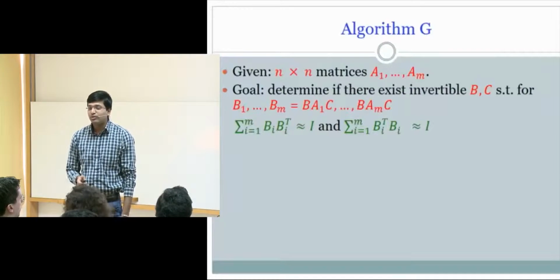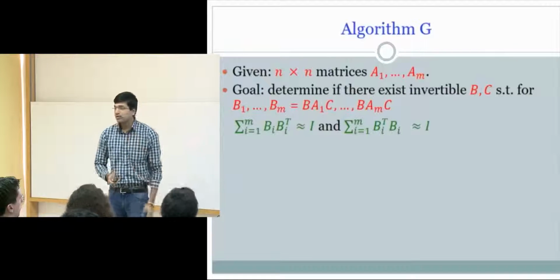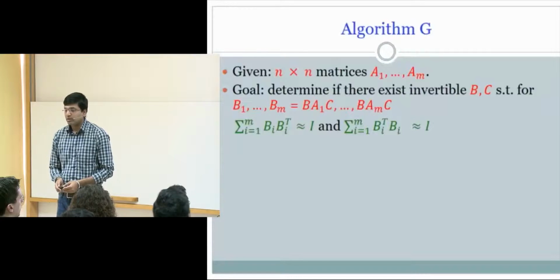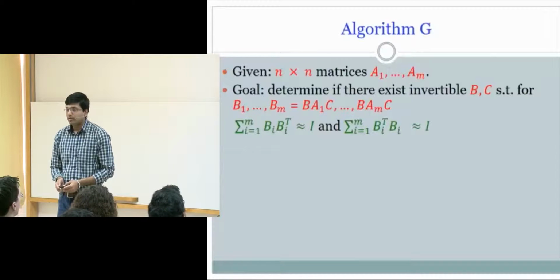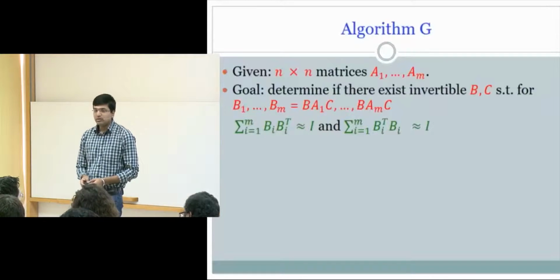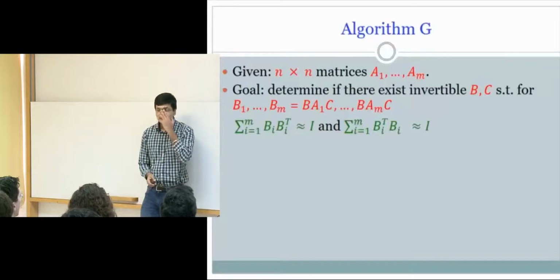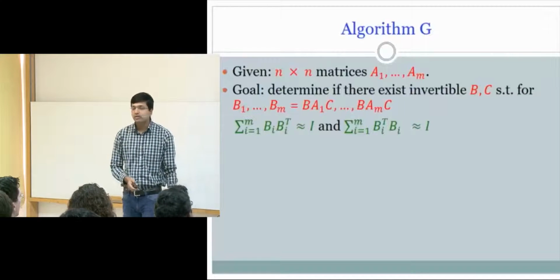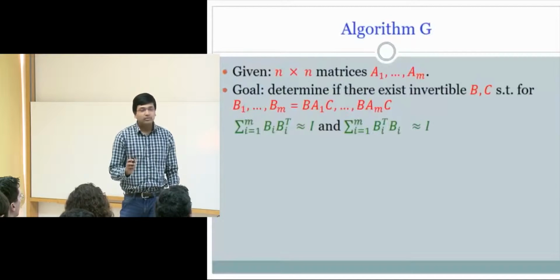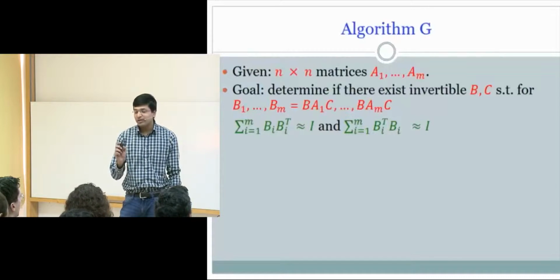Yes, we don't know the bit length. But maybe, if you want them to be small, you probably can just always assume that B and C are very small. You only want the distance to be small. You don't have a rigid kind of property. Yeah, maybe you can assume by truncation. But yeah, okay. And this is what Ankit is going to do later. Well, okay, we won't talk about it.